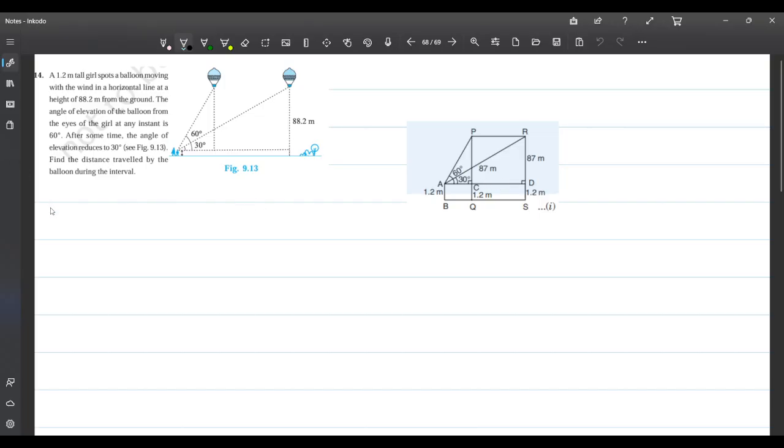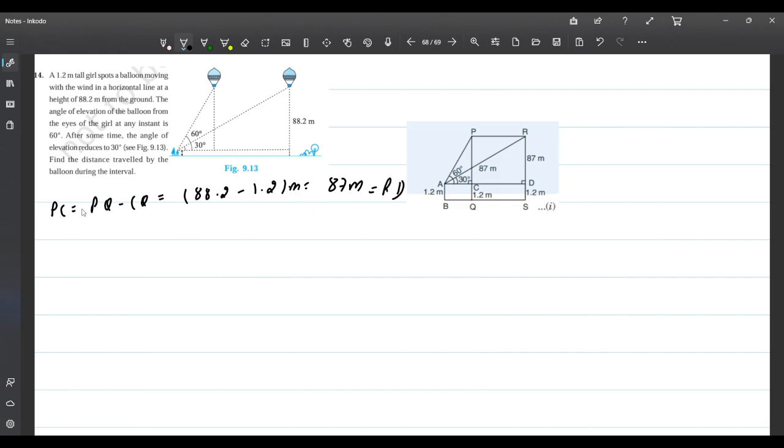Consider PC is equal to PQ minus CQ. This is equal to 88.2 minus 1.2 meter. So this is equal to 87 meter. This is equal to